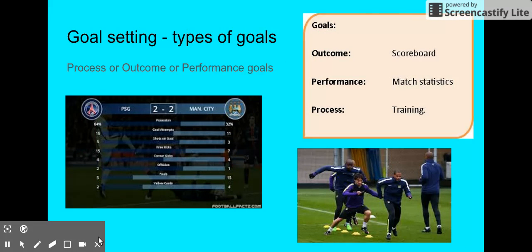So, the types of goals, there are 3 types of goals. Process goals are when individuals have complete control over what goal they want. The performer deals with the techniques and strategies to perform well and achieve this goal. So it's all down to them what goal they want to do, how they achieve it, and when they achieve it. Outcome goals are to do with performing and winning better than someone else.